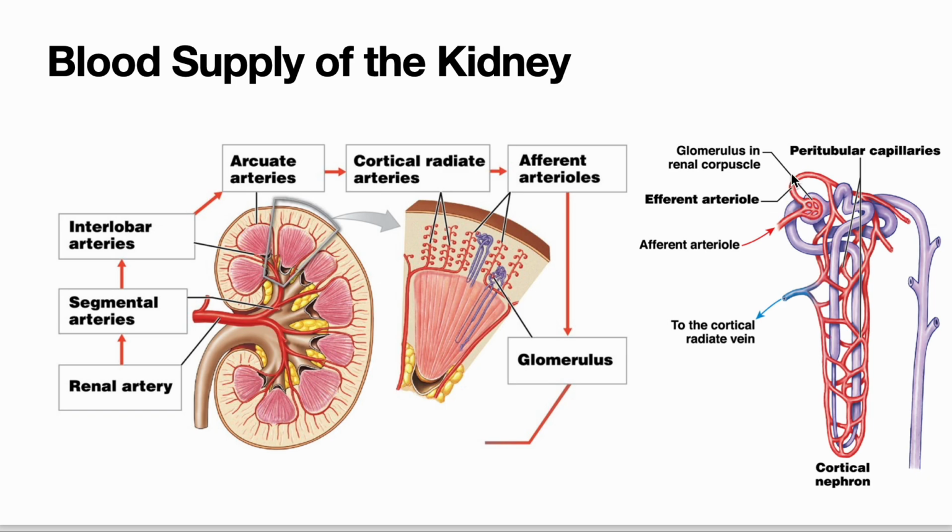And that efferent arteriole will go out, and then it splits to form the peritubular capillary network, which surrounds the whole nephron. Ultimately, they come together to form a cortical radiate vein, and these veins will drain back to the renal vein and go back to the inferior vena cava and back to the heart. So it's a big circuit here, but these peritubular capillaries are going to be really important as we form urine